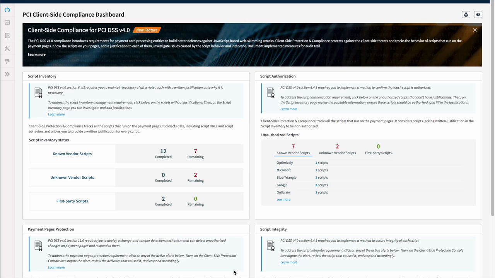One of the most important elements of client-side protection and compliance is its application to PCI DSS v4, or the Payment Card Industry Data Security Standard. New JavaScript security requirements now require organizations processing payment cards online to understand all their JavaScript execution behaviors within the browser on their payment pages, as well as ensure their payment pages are protected against client-side attacks such as web skimming. Directly within the PCI client-side compliance dashboard, you can actively manage your compliance status as it relates to requirements